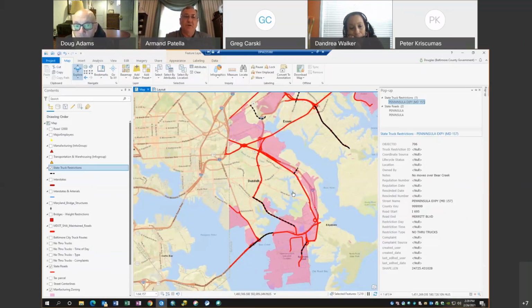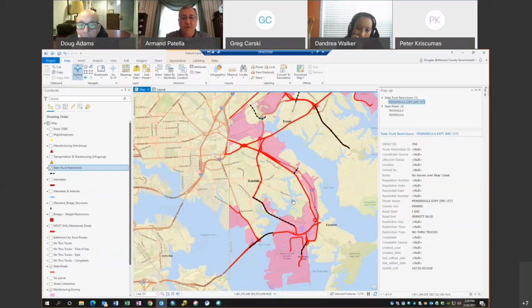Yeah, I will tell you, it's always struck me as one of those routes that's over-engineered for its usage. The history I understand, it was originally constructed to facilitate commuters in and out of Sparrows Point back in the day. It was rebuilt right when the Sparrows Point mill was kind of faltering, and it's a great roadway, and it would definitely be a little superfluous. It's not the most efficient route into Sparrows Point, specifically from the port, but it does look rather underutilized, and yes, it does parallel the other road.